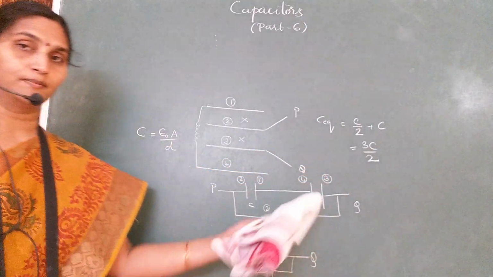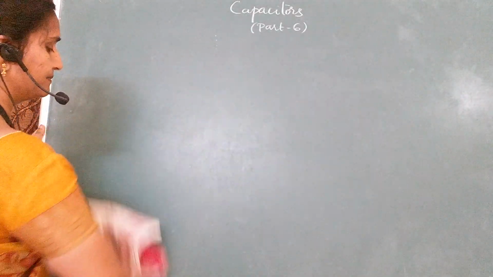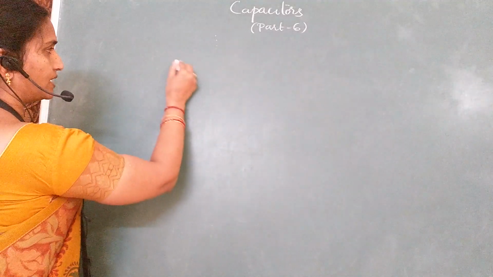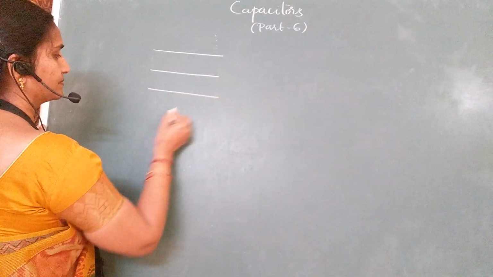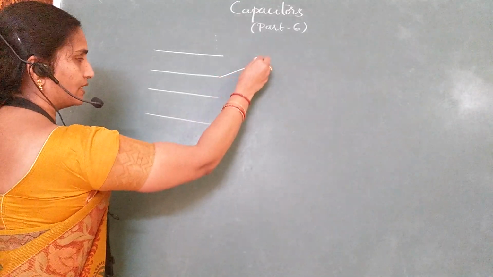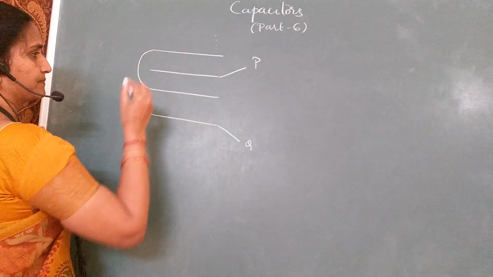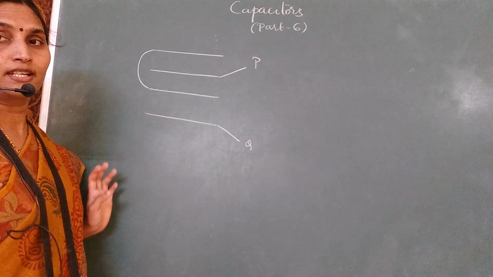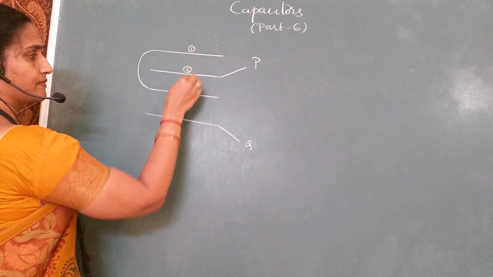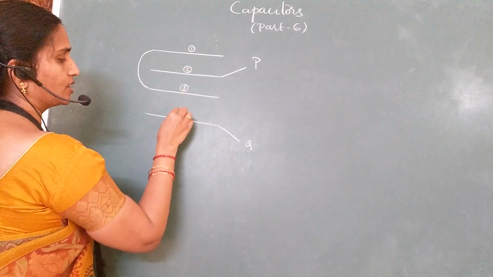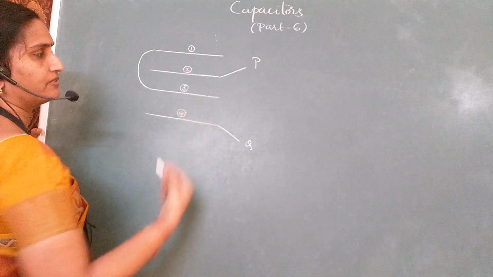Let's look at one more example of a similar model, calculating the equivalent capacitance. Say the arrangement consists of, again, 4 plates equidistant. Let this be connected to the terminal P, this to Q, and I will join 1 and 3. All are equidistant. Plate area is also taken as same. Now again start. First number the plates: 1, 2, 3 and 4. First capacitor is between 1 and 2, second between 2 and 3, third between 3 and 4.